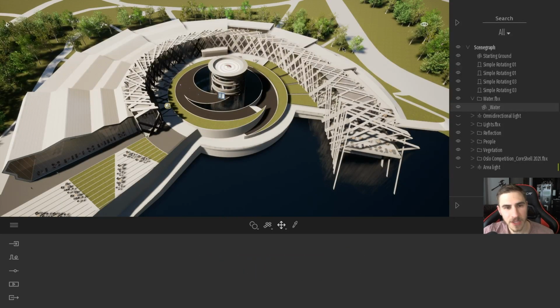All right, let's jump into it. We're in Twinmotion and we're going to make a video. I've got this model. It was a previous competition, and at this point, I want to make an animation. So what am I going to do? Well, I've got all my information, all my models in my scene graph here, and over here at the left, media. We'll click on media, and instead of going to image, panorama, whatever, we'll go to video. And it's very simple. Create a video.